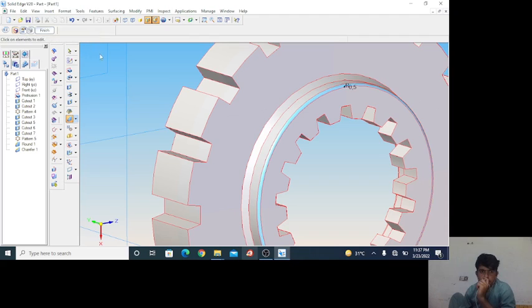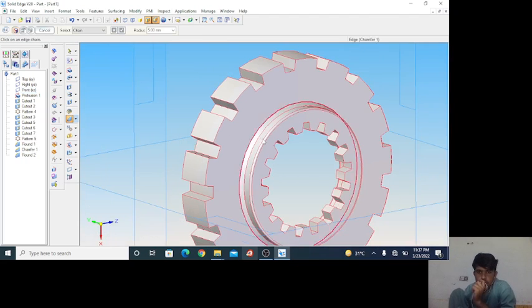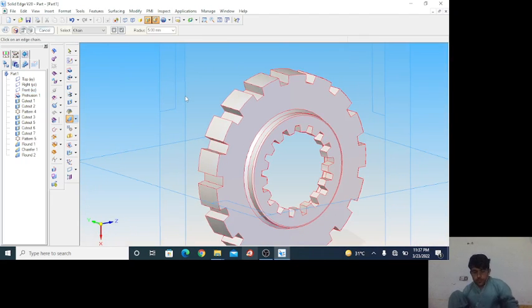Review. Okay. Finish. So this is our final shape of this part assembly. Okay, so now we have to rotate